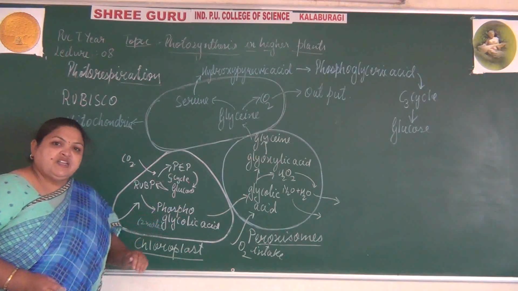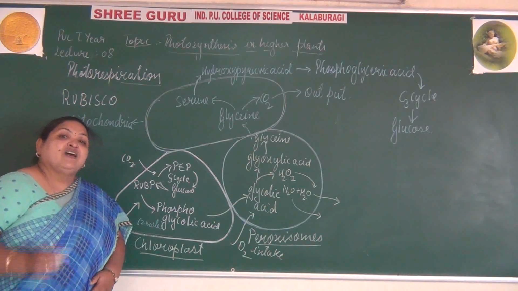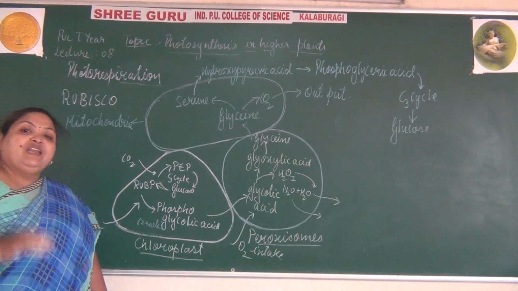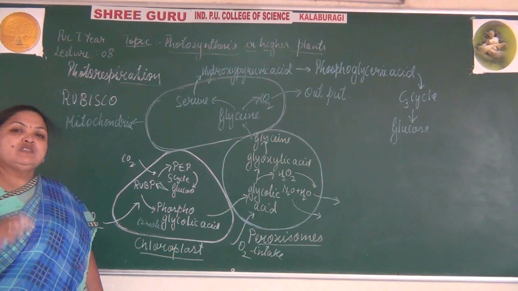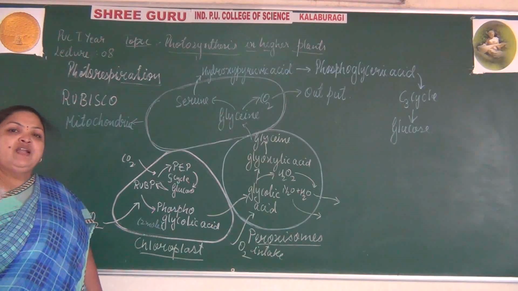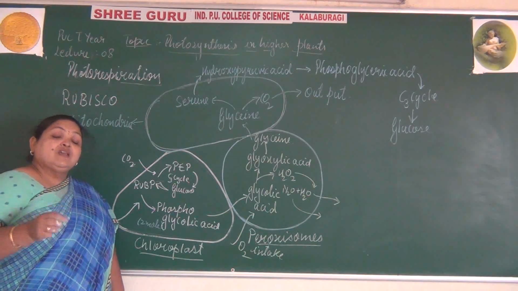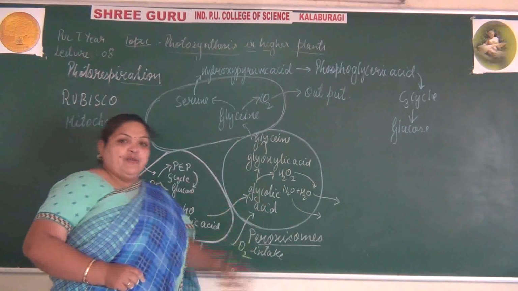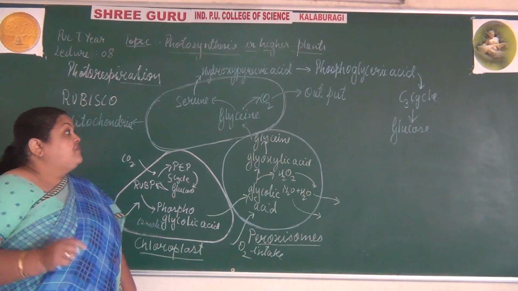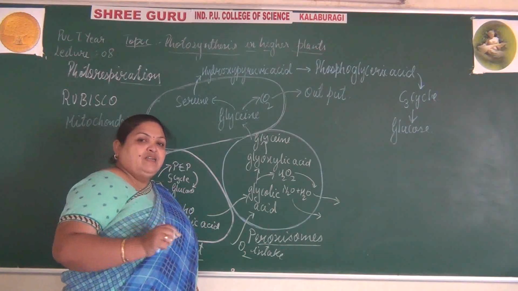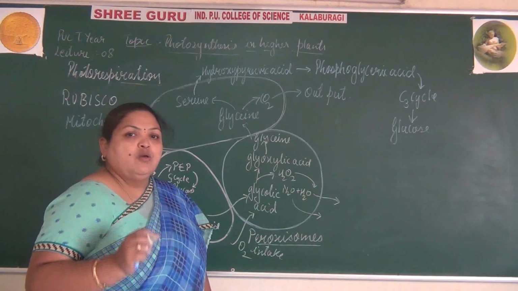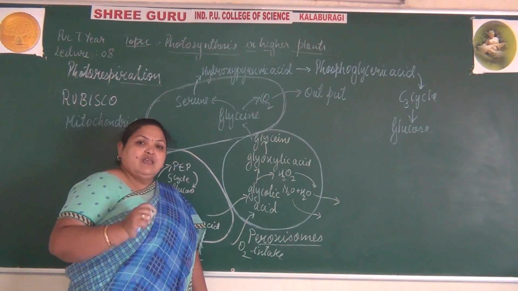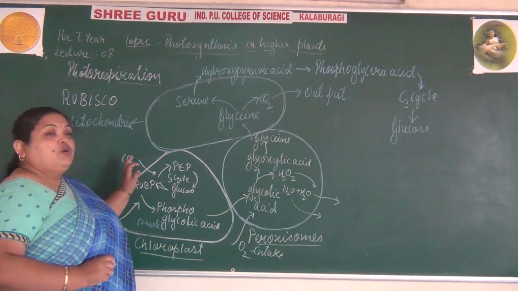Sometimes if the concentration of carbon dioxide is reduced in the atmosphere, plants can also release carbon dioxide. This process clearly implies that even when carbon dioxide concentration decreases, the plants can undergo oxidation and release carbon dioxide. So this is the 8th period. After this, the last part of the photosynthesis topics is the factors that affect the rate of photosynthesis. So this is the process of photorespiration.